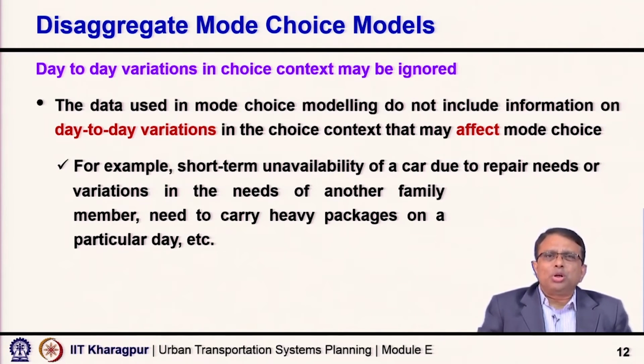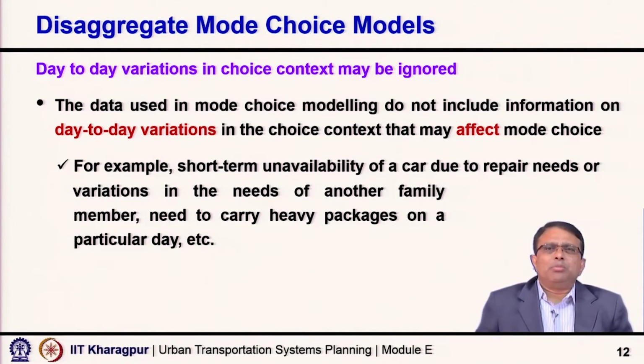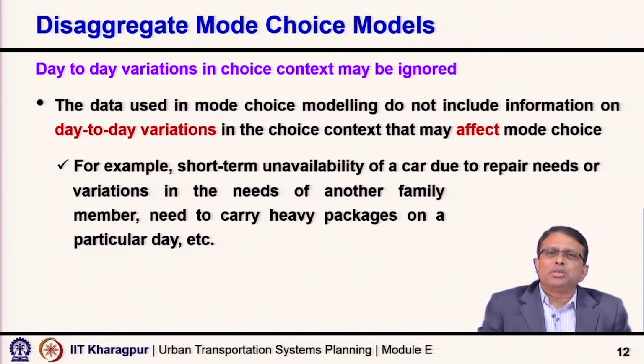For example, short term unavailability of a car due to repair needs, or maybe variations in the needs of another family members, or need to carry heavy package on a particular day. All this may make some variation in the mode choice from one day to another day. So, maybe every day the person was using car, but for the moment the car is not available because you have given the car for maintenance or repair. So, you are traveling by taxi. My model will not be able to predict that